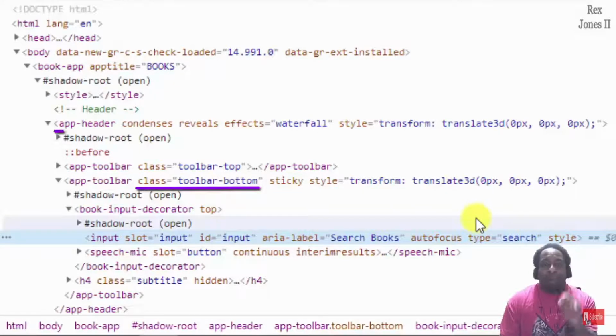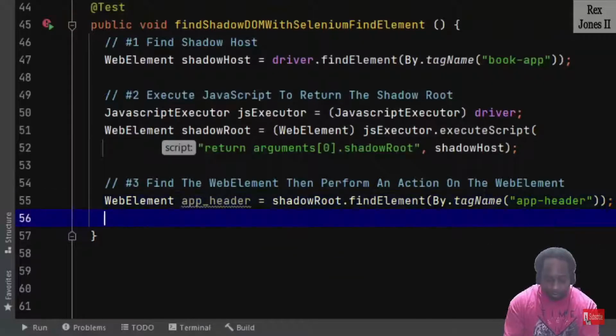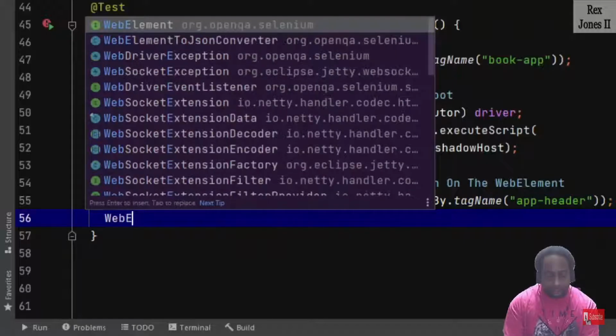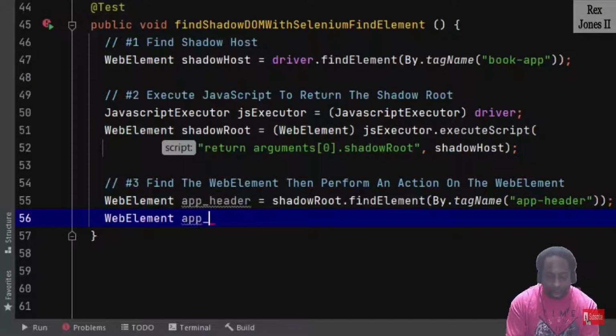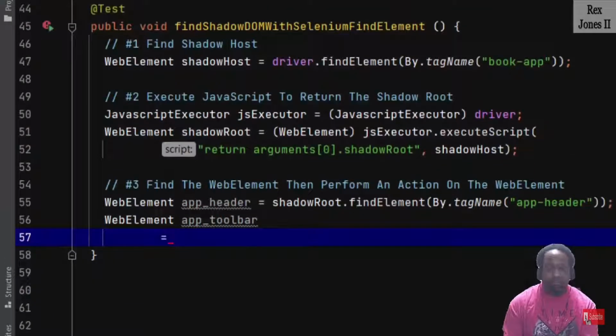So we use app-header and toolbar-bottom. WebElement app_toolbar equals the previous web element, which is appHeader.findElement